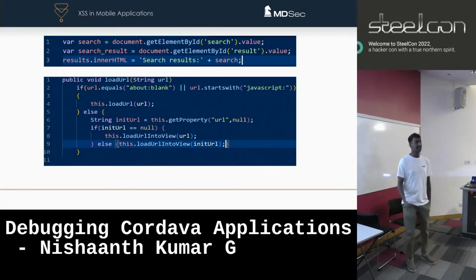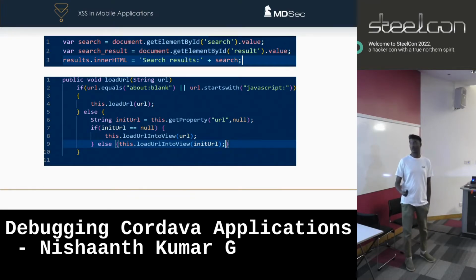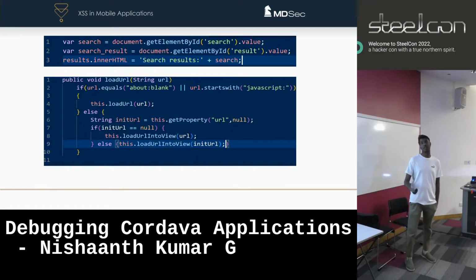And so when we talk about XSS, we usually see XSS in web applications. But in mobile applications, XSS is very hard to find because the native iOS and Android engines do not parse HTML and JavaScript the way browsers do. But since Cordova is HTML and JavaScript, any XSS in the application is going to have a very severe impact, because you can not only steal the cookies from a specific user or from the specific app,